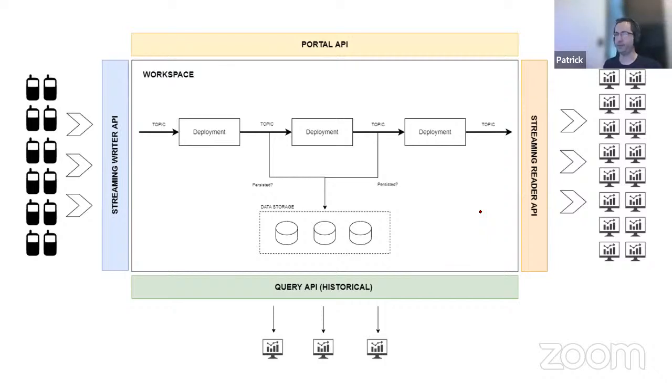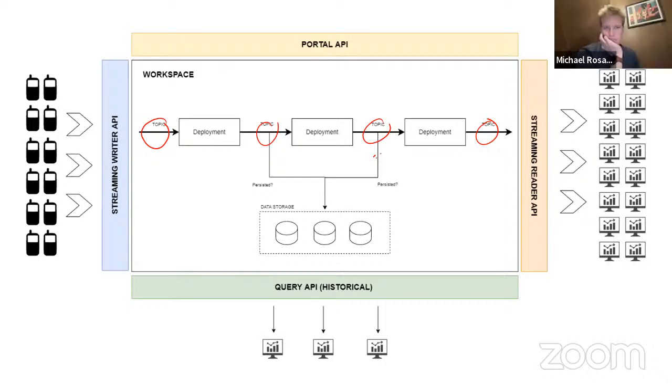So basically this is the concept. You have a lot of devices on the left side writing data, or trying to write data, to this workspace. And when I say a lot, it could be infinite devices. This is the main concept behind creating these APIs, because Kafka on itself is not very well prepared to handle a lot of connections. So you cannot connect thousands or millions of devices to Kafka topics.